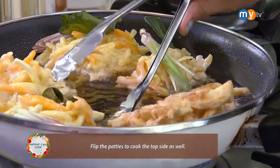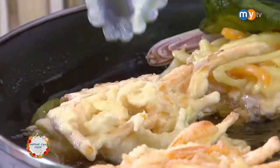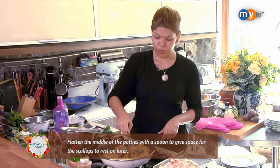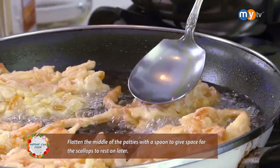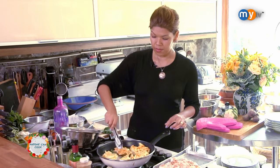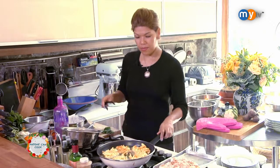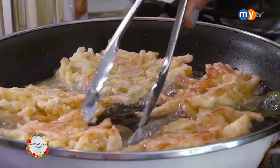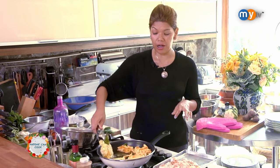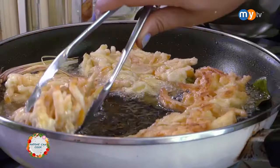I'm going to do a quick turn. I'm going to give room for the scallops to rest on. And get ready. So we want to achieve golden threads all together. Flavor should not be masked by the coating. So you have the chickpea flour in there, which provides a unique flavor, taste, and profile. And you have the lemongrass in there, and you have the kaffir lime. So that's coming together